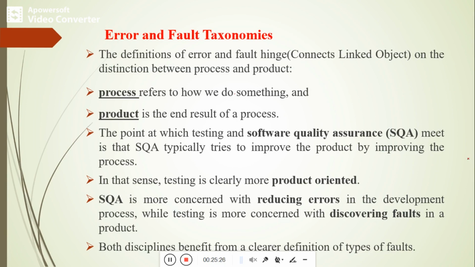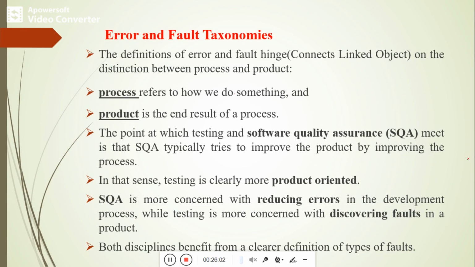So this is the process we will be following to design or produce that particular product. This is how we do something: what changes we are going to make in these particular phases, and how we are implementing them. That is what we call a process. So what type of algorithm we are using, what type of coding technique we are using, how much time complexity we are applying, all these things we call a process. The product is the end output result of this process.